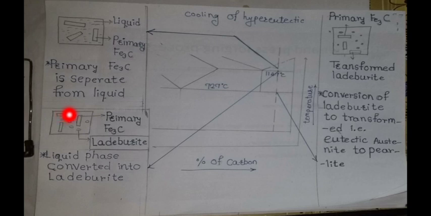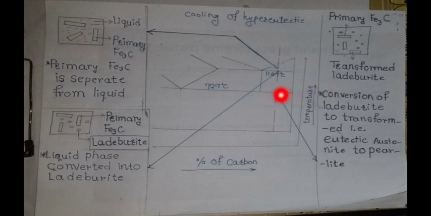This rectangular region is nothing but primary cementite, and the circular region is nothing but ledeburite. Next, at this point, at 727 degrees Celsius,